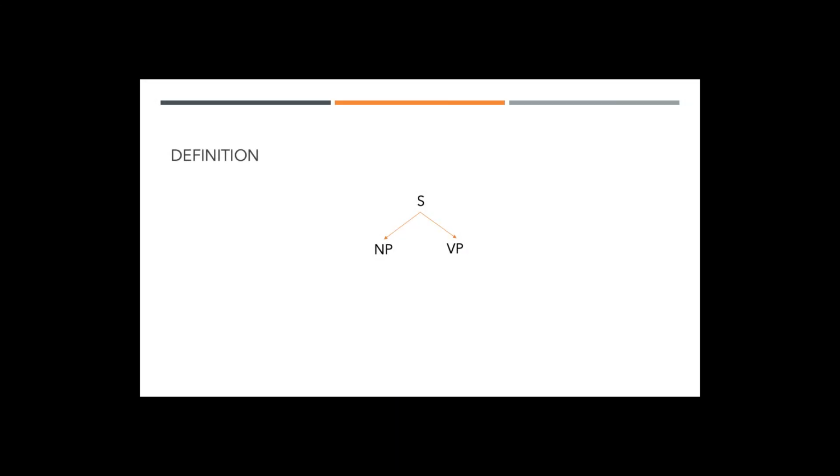One of the more powerful observations is that all sentences must include both a noun phrase and a verb phrase. In a phrase tree diagram, we label sentences with S, noun phrases with NP, and verb phrases with VP. In the last two examples, the P signals a phrase. So the diagram for the general English sentence looks like this. A sentence is composed of a noun phrase and a verb phrase. Of course, English sentences can be much more complicated, but they all contain at least one noun phrase and verb phrase.